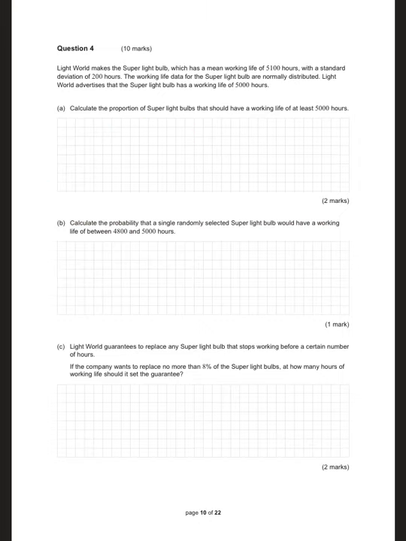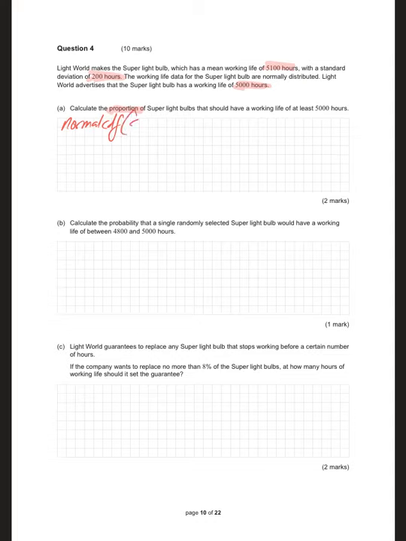Light World. The worst possible name you could give them, whatever. Makes super light bulb, which has a mean working life of 5100, standard deviation 200, normal distribution. They advertise a working life of 5,000. Calculate the proportion. So you're being asked to find the percentage. You're not given the percentage, so this is a normal CDF question. Normal CDF